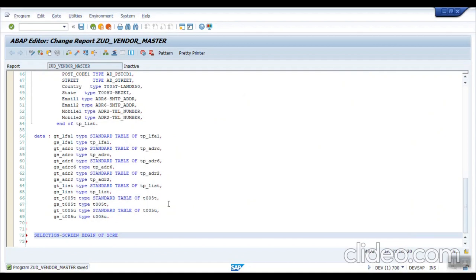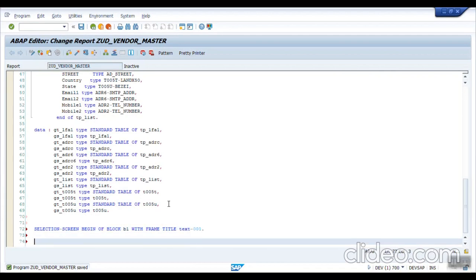Selection screen begin of block B1 with frame title text 001, and selection screen end of block B1.